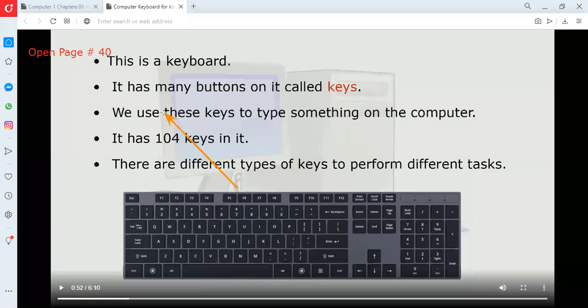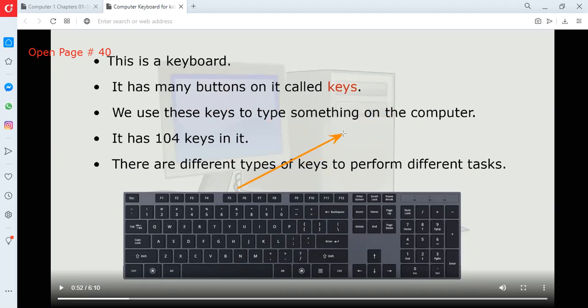So if you see, this is a keyboard. It has many buttons, and buttons are called keys because the name of this one is a keyboard, a board with keys. We use these keys to type, or to write something on the computer.